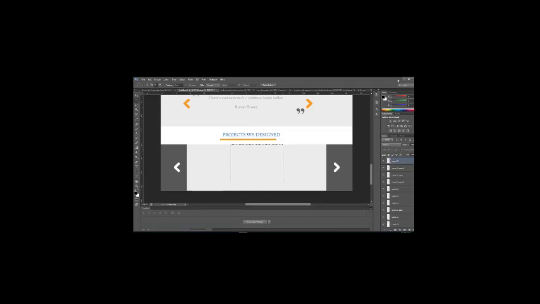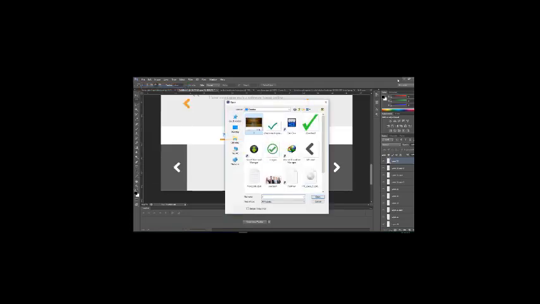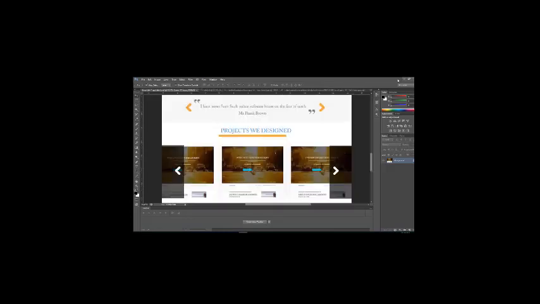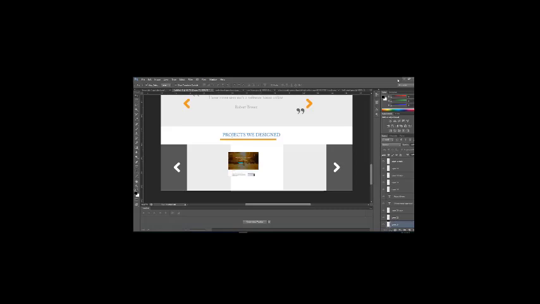Give it white color, doesn't matter because we are putting here an image now. Opening an image, you can download it, any template, just for designing purposes putting this one with Control T, just expand it and fit it in the frame. Okay, so that's done. Now what you have to do is